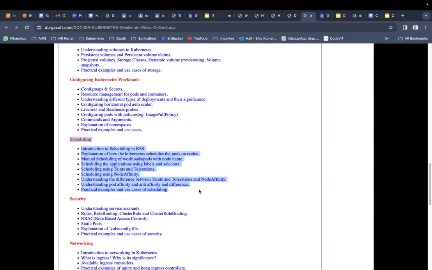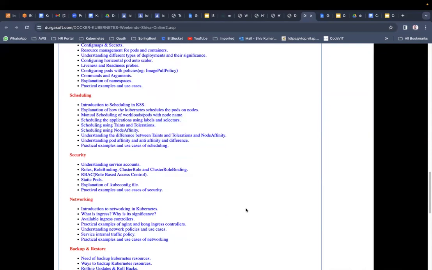As part of scheduling, we are going to see taints and tolerations, node affinity, pod affinity, pod anti-affinity, and manual scheduling of the applications based on your labels and selectors. We are going to use such scheduling things here. As I've already mentioned, everything will be practical. Now, security is an important topic for your work as well as for your